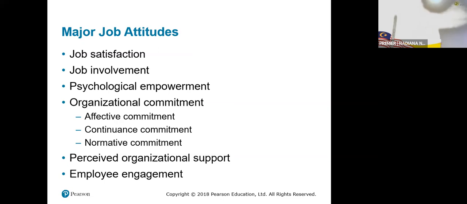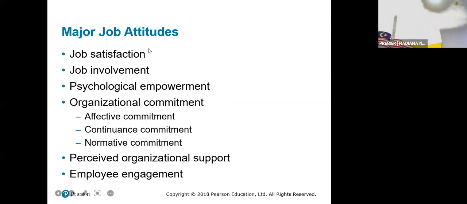That is affective. Number two is continuance commitment. How far do you commit? Either you commit continuously, or sometimes you commit, sometimes you don't. When you have a problem, you commit. When you have no problem, you don't commit, and let others give full commitment. That is one of the factors involved in organizational commitment.